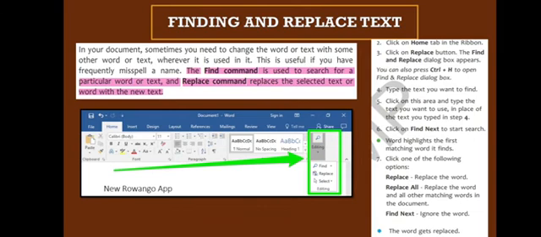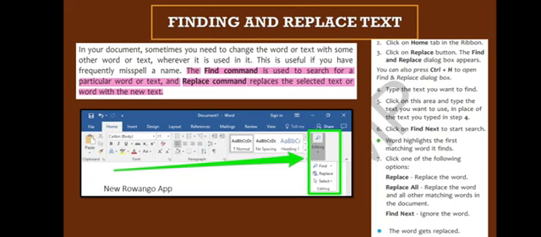Find and replace. In our document, sometimes we need to change a word or text with some other word or text, whenever or wherever it is used. For it, we have two commands, Find and Replace. The Find command is used to search for a particular word or text, whereas the Replace command replaces the selected text or word with a new text.